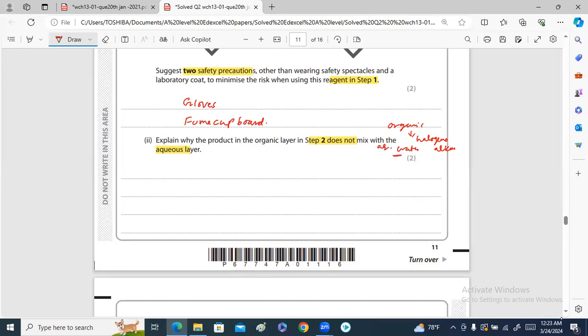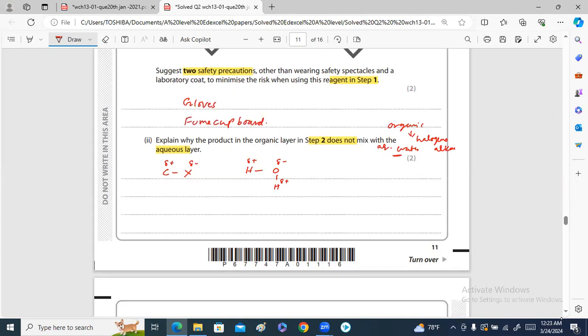If we look at the nature of these two substances, the halogenoalkanes have a bond like this in which the halogen is partial negative and the carbon is partial positive. Water is also this type of compound, but the halogenoalkanes are attracted to